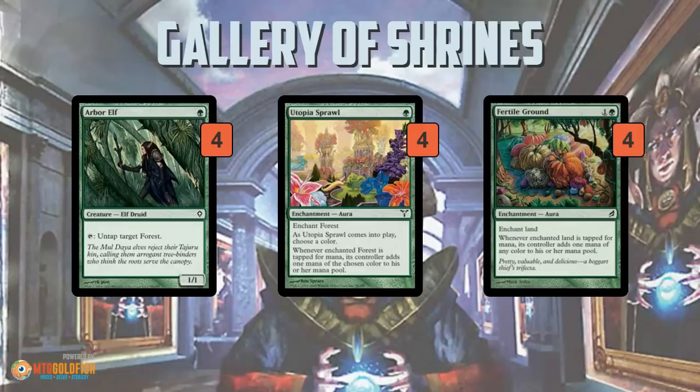So Arbor Elf, Utopia Sprawl, and Fertile Ground not only fix our mana, but allow us to ramp into our shrines quicker. The best combo is turn 1 Arbor Elf, turn 2 Utopia Sprawl, tap the Utopia Sprawled land, untap it with Arbor Elf, tap the Utopia Sprawled land, and we can cast a 4-mana shrine on turn 2, and then, assuming we have another land drop, a 5-mana shrine on turn 3, and we can start generating that immense